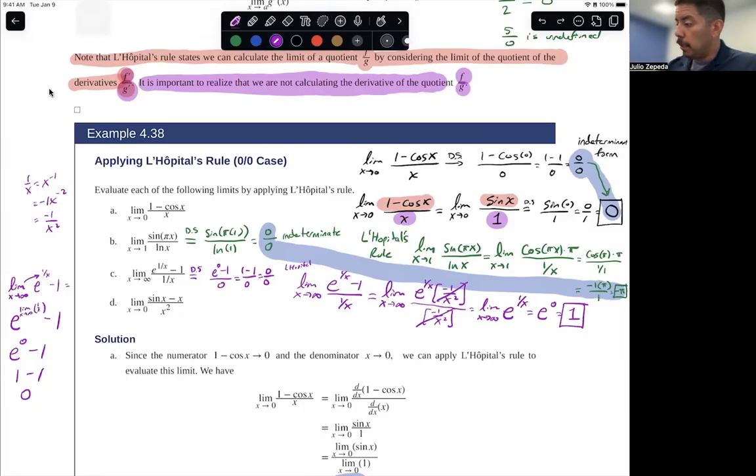Okay, nice. Now let's take a look at our last one. Again, direct substitution. We plug in 0 in this case. So the sine of 0 minus 0 over 0 squared. That's 0 over 0. So L'Hopital's rule can be applied. L'Hopital's rule says the original limit